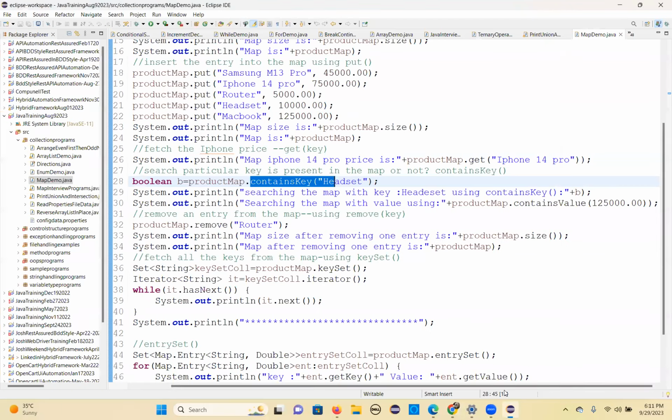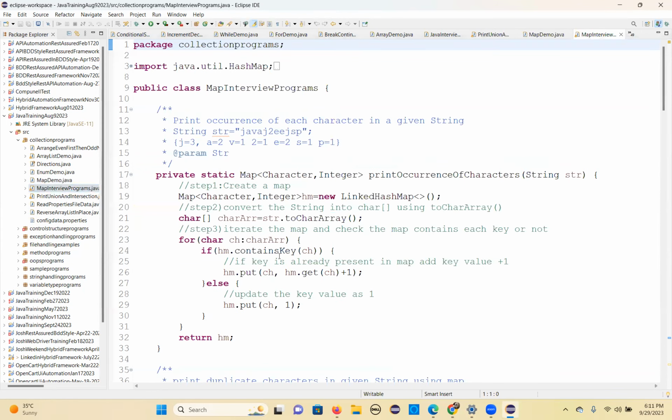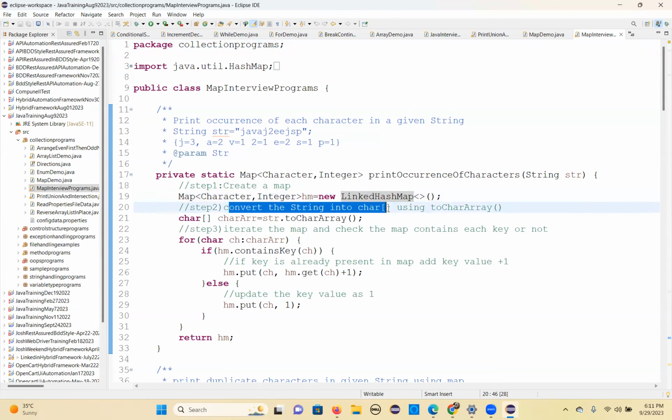Okay, so let's go and see those programs, all map interview programs, very important. You can see here, I'm making this function a return type method: private static Map<Character, Integer> to print the occurrence of each character in the given string. So first create the map: Map<Character, Integer> hm equal to new LinkedHashMap, I'm creating, or you can create a HashMap also. Second step, convert the string into a character array using